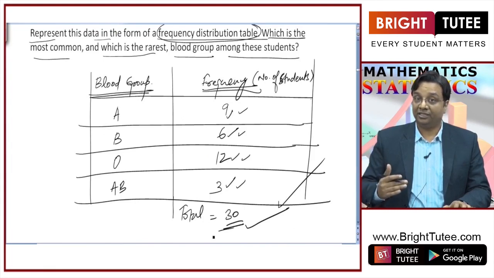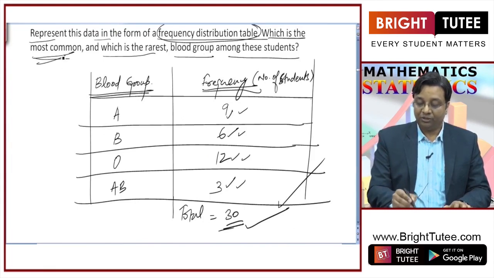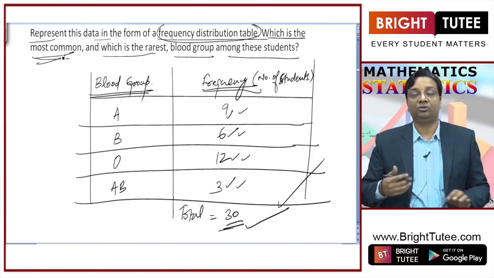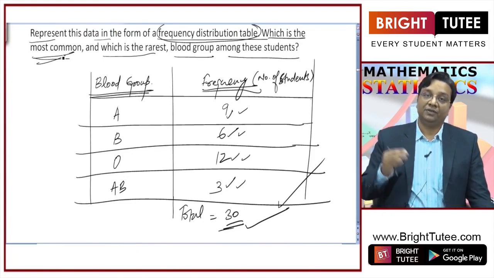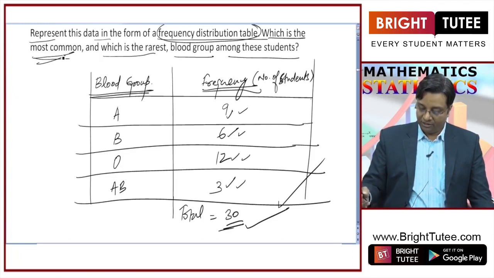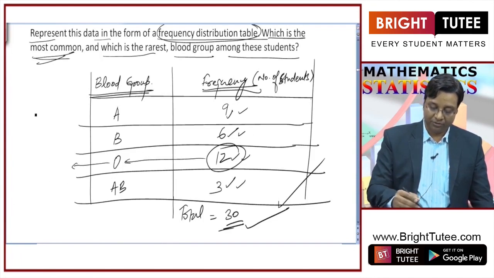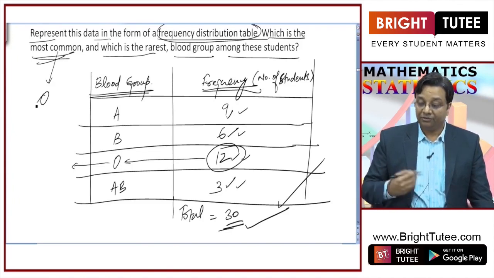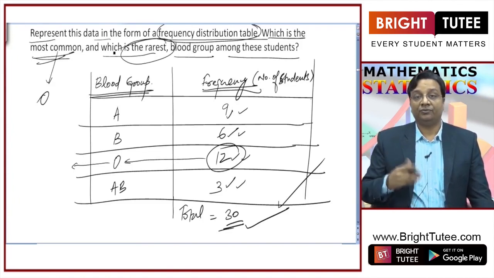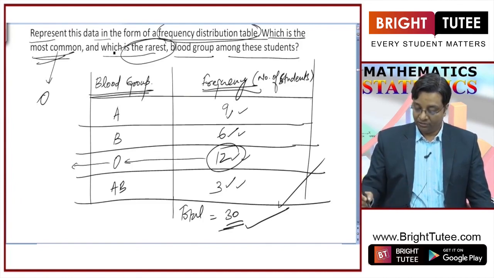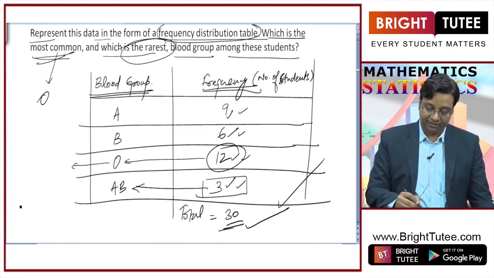Okay, now let us interpret which one is the most common blood group. The most common blood group will obviously be the group which has got highest frequency. Okay, so what is the highest frequency here? 12. So this is the most common group. Most common blood group is O. Okay, and which one is the rarest, of which the frequency is lowest? So lowest frequency is somewhere here. So this blood group is the rarest blood group